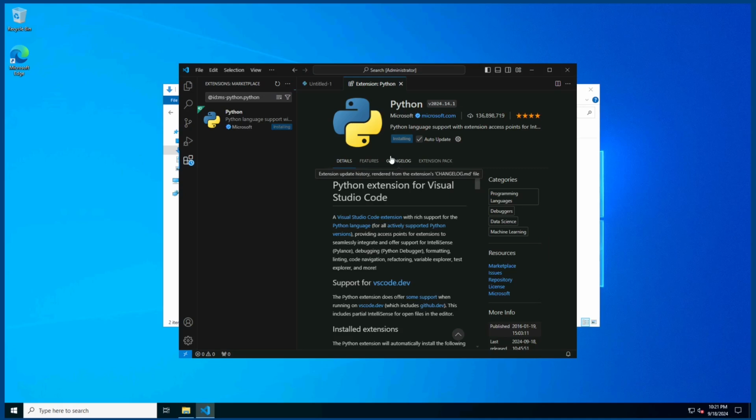This is used so that Visual Studio Code can actually understand Python. There's extensions for lots and lots of languages here. This is just one of many. It'll take a minute to install,